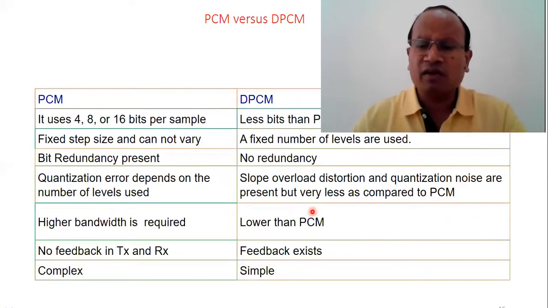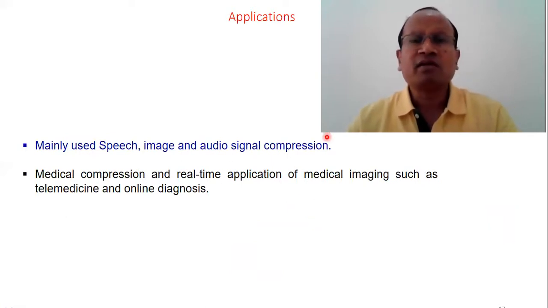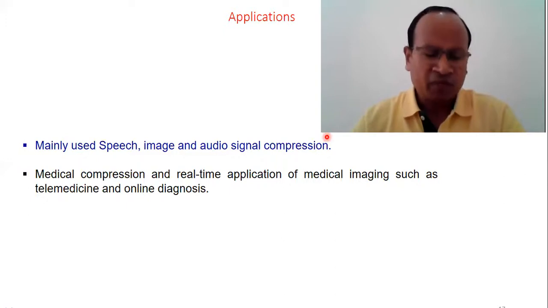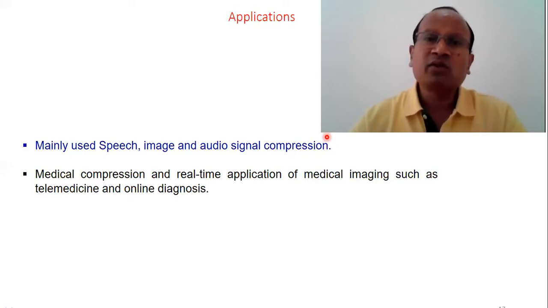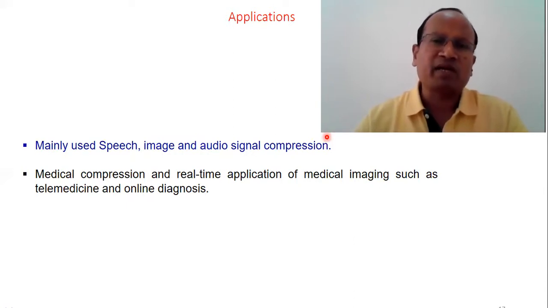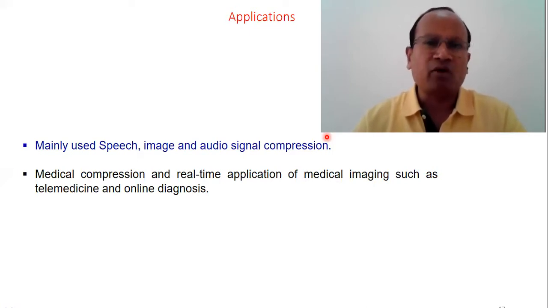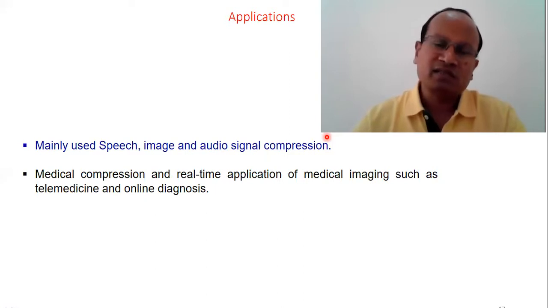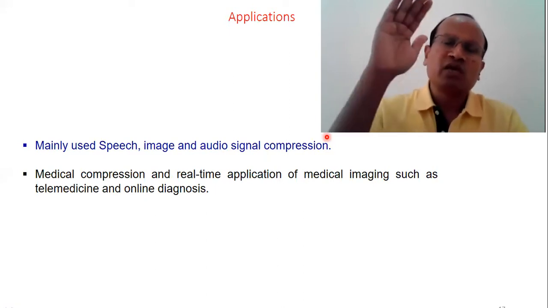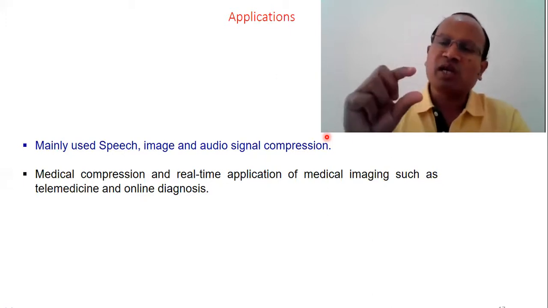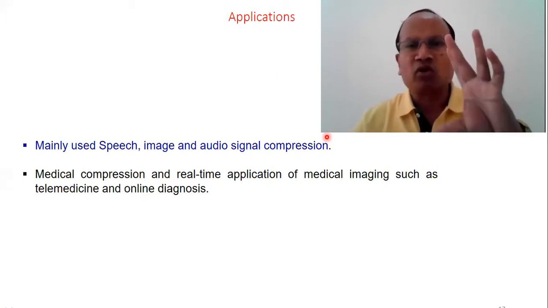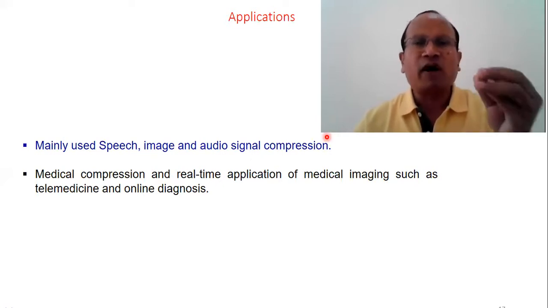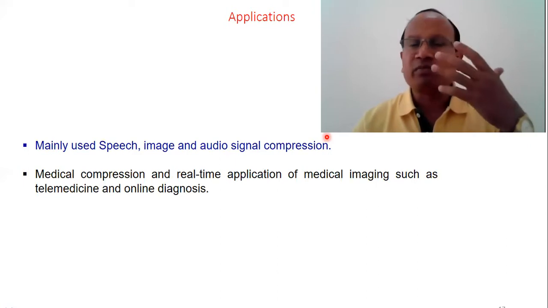So we can just summarize here that this lecture is all about DPCM. DPCM is differential pulse code modulation, which is an extension of PCM. We have seen that PCM employs three major stages: sampling, quantization, and encoding. Sampling converts the input to a sampled or PAM output, which is given to quantization. In quantization, we have to choose a suitable step size. When the step size is very small, more steps will be there, the number of bits required to encode will be more, so the bandwidth required becomes more.